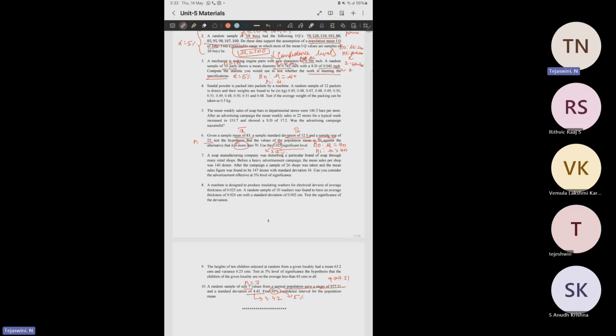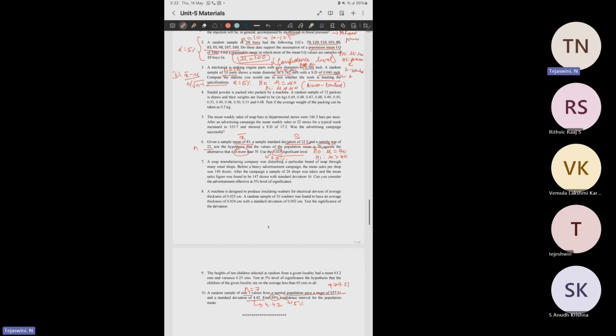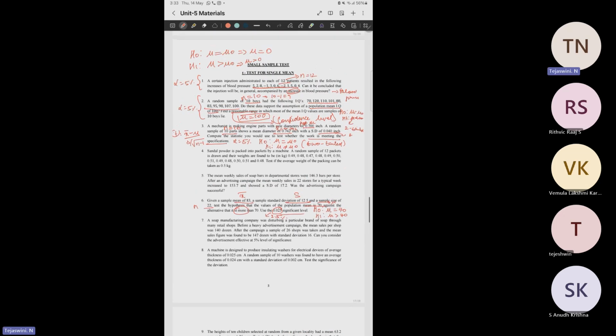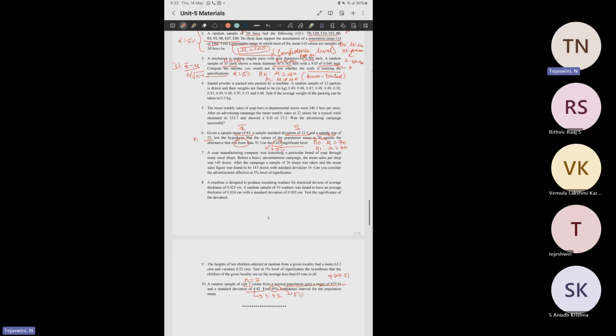H1 will be mu is not equal to mu naught, two-tailed. We can substitute in the formula t is equal to x bar minus mu by s by root of n minus 1, and then we can compute the value of t, and then check if it lies in the area of acceptance or not. So for the fourth question,